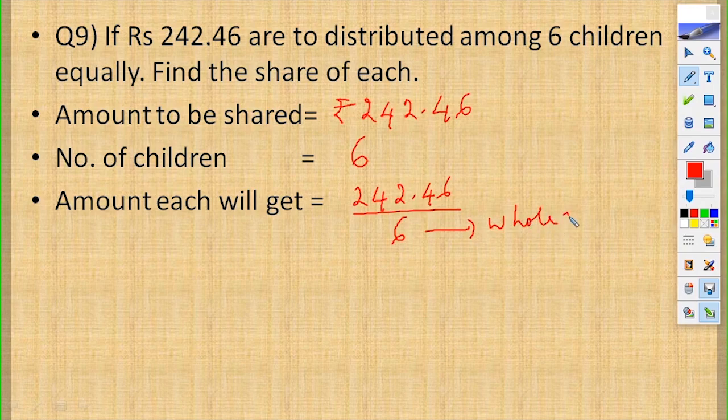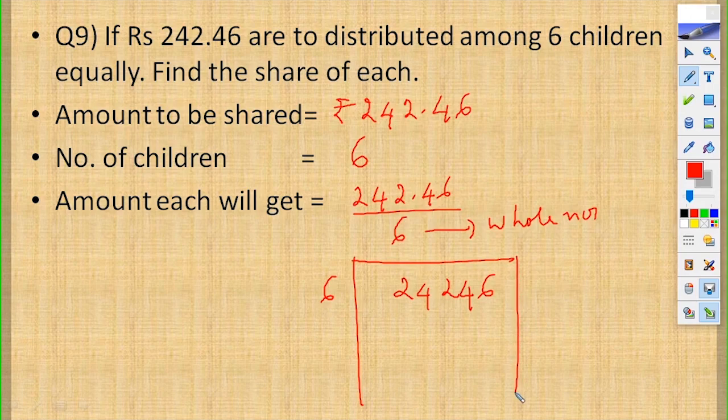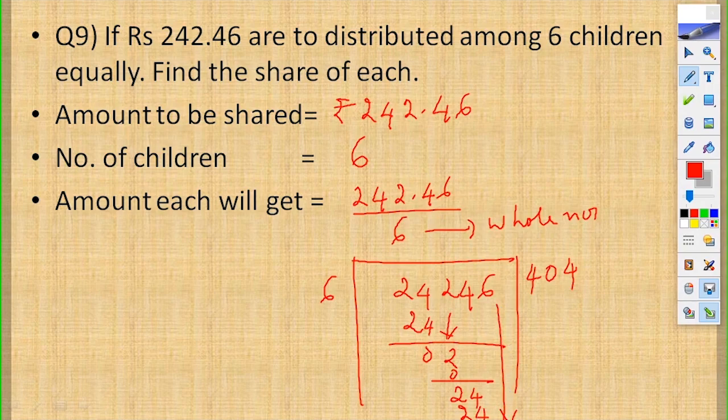So, you can simply ignore the decimal and then start doing the division. 242.46, ignoring the decimal places, divided by 6. I'll get 4 times 24. Then take down the 2. Will it go? No. Now, here it is again 24. Again 4 times 24. Now I'll take down 6, 6 will go 1 time. So my quotient is